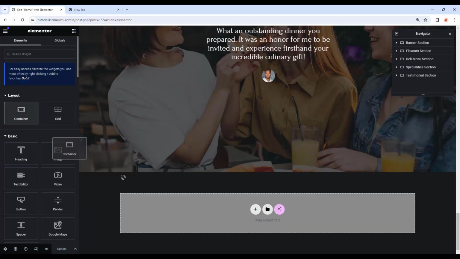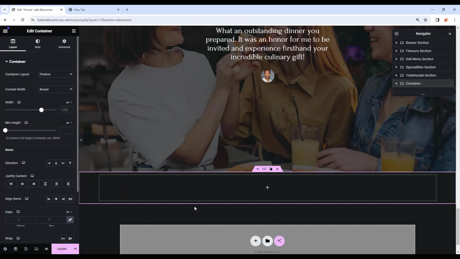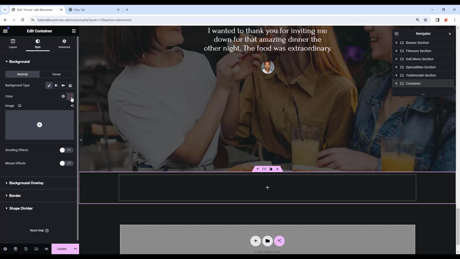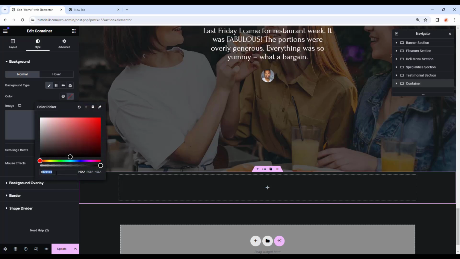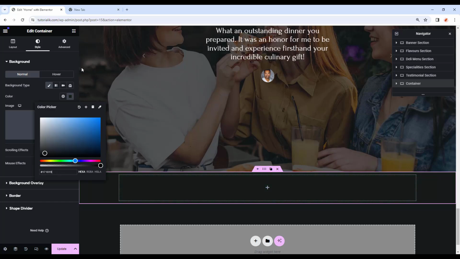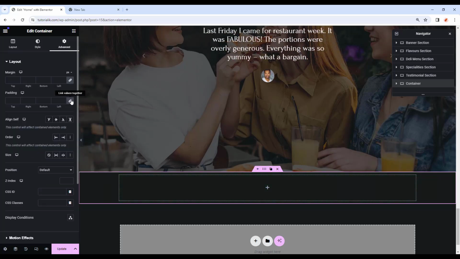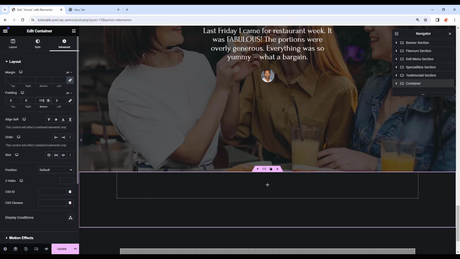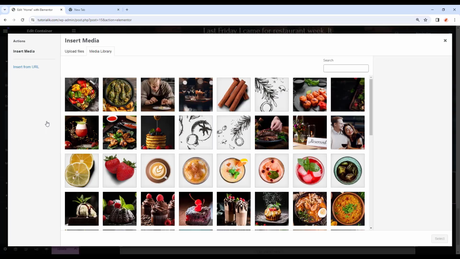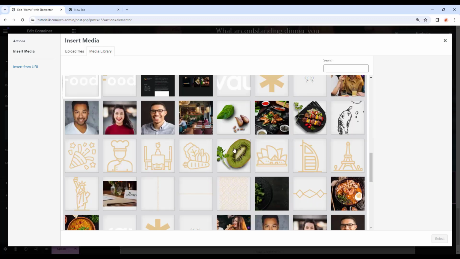So here I'm gonna take a new container and I'm gonna make it 80%. Then direction I'm gonna make it column. Then I'm gonna go ahead and in the style tab I'm gonna color this section, so the color code will be 171819. Then under the advanced tab I'm gonna make the padding 110 from the bottom. Now let's add a background image for this section. I'm gonna select this one,